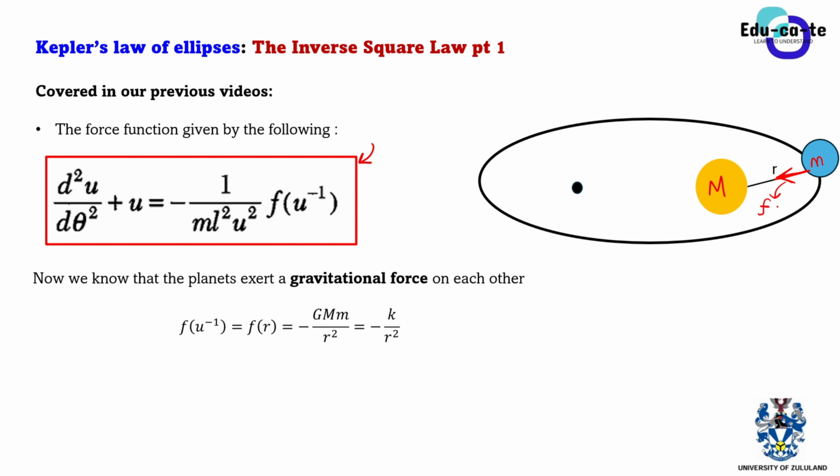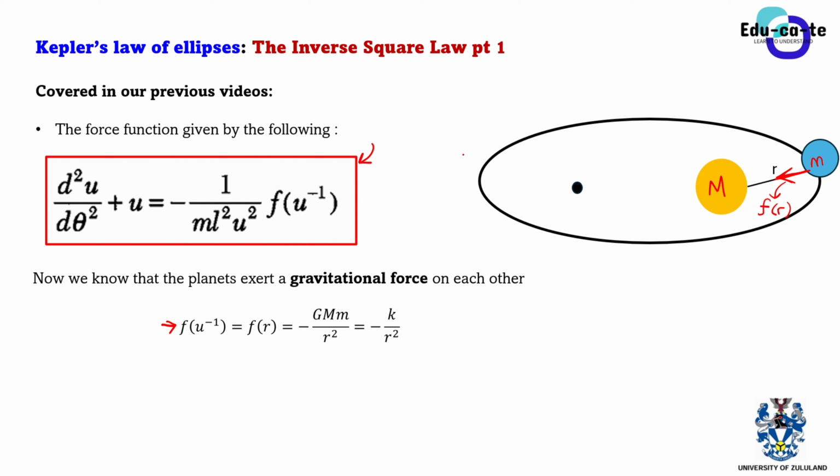It's a centripetal force, but in this sense, we're going to call it a radial force because it acts along this radial distance, along this radial line connecting the two bodies together. To find our gravitational force, or radial force, we say G M m over r squared, which is Newton's law of universal gravitation.